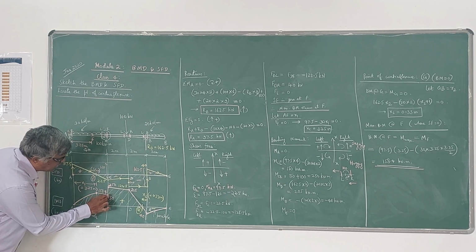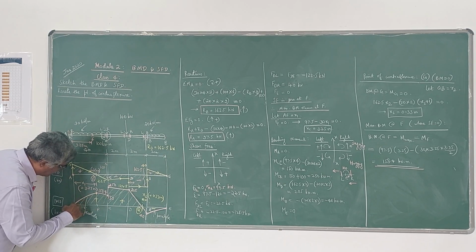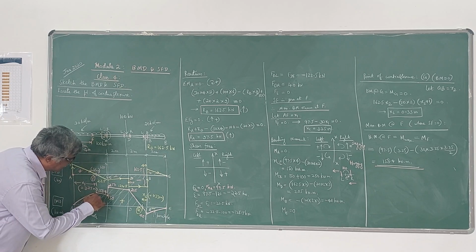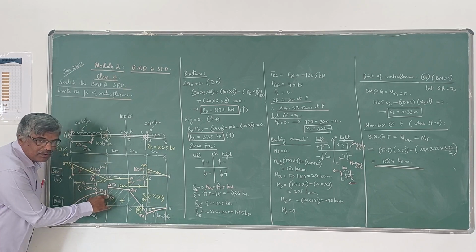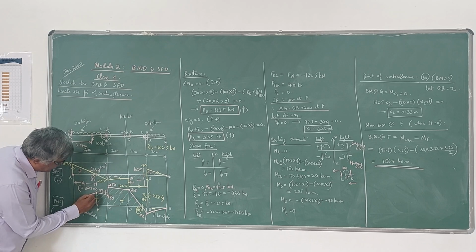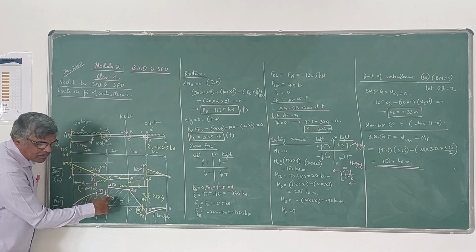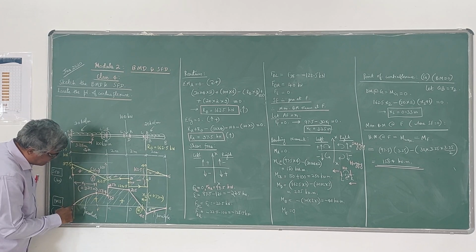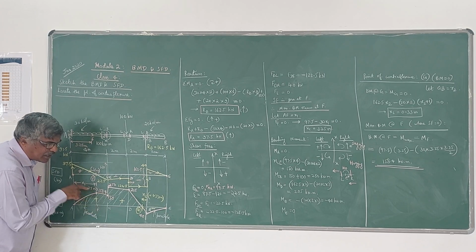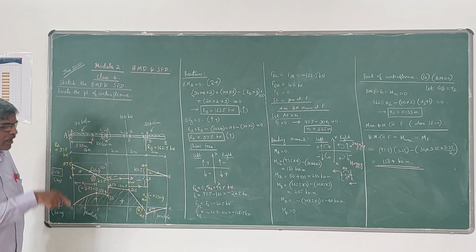Now here it is 150, here it is 158. Therefore, the parabola will increase, then it rises, then it falls. Please observe here. So that is why. So after finding the maximum bending moment, then you have to draw this parabola. So it increases from A to F, then from F to C it decreases, it falls, parabola falls.